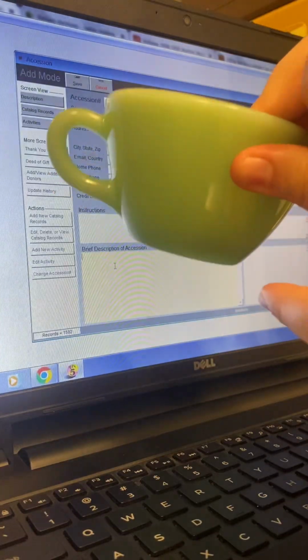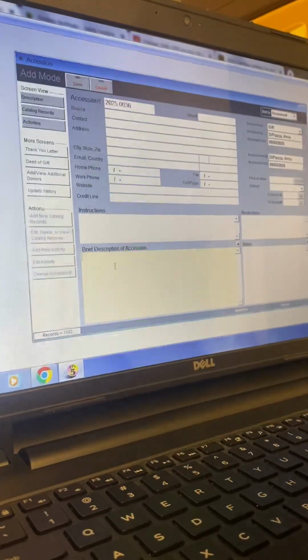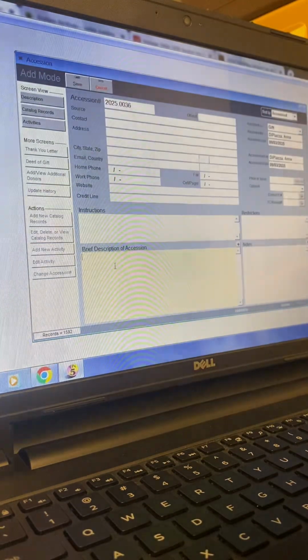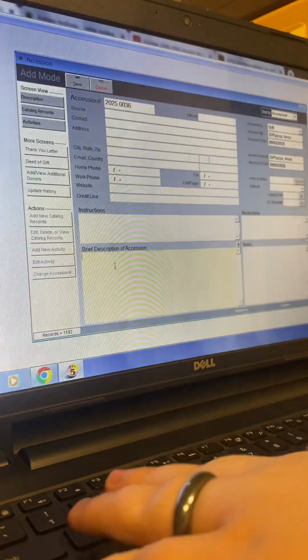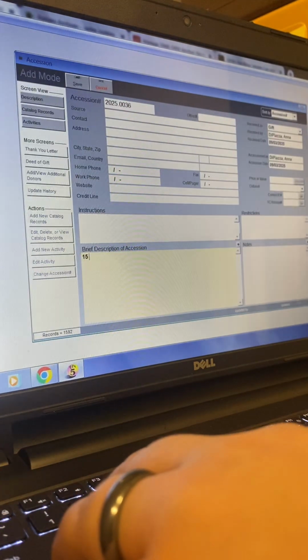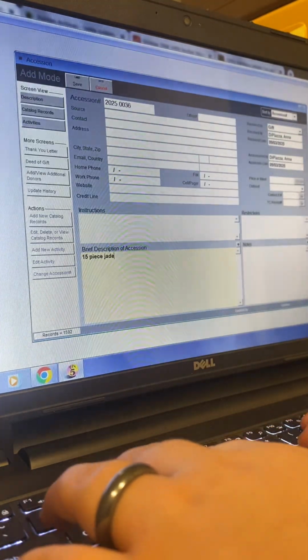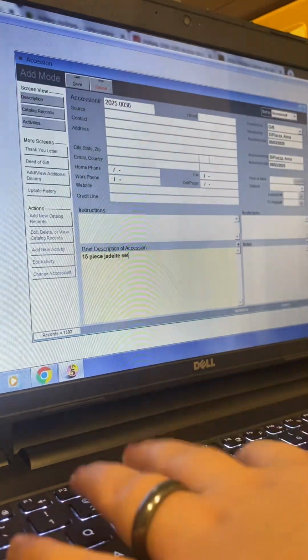Looks like this. There's two different types in the collection I am working on. So I'm going to put more detail in the record itself, but for now, for the description, I'm just going to say 15-piece jade set